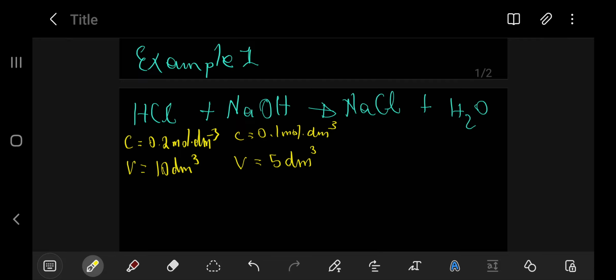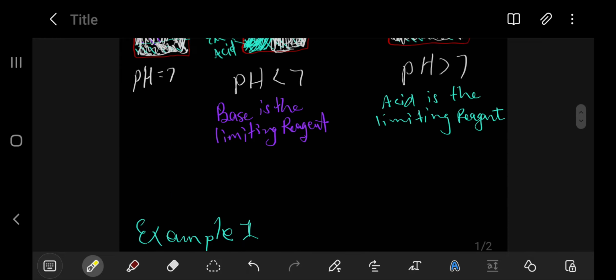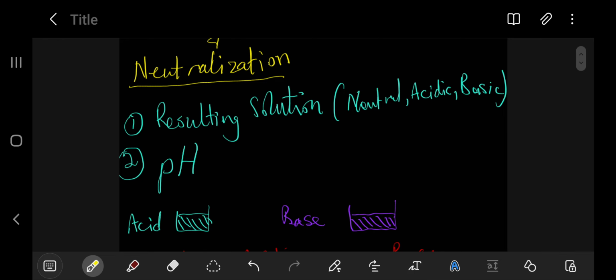So the question is, determine whether the resulting solution is acidic or basic, right? That is the first question that we will be answering, which is determine the resulting solution, whether it is neutral, acidic, or basic. And the second question, determine the pH